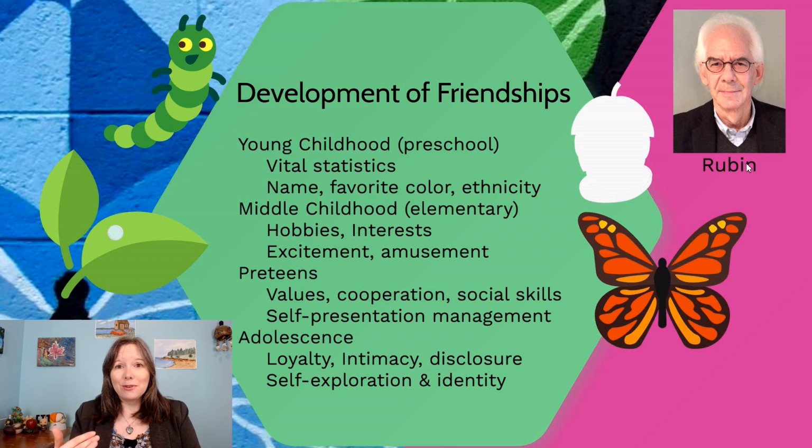So we're in grade 4 in most Canadian school systems. This is when we start to see a bit more selection in terms of who is friends. You can't just be in proximity and like the same things. Now you need to have some skills to make the cutoff to be a friend. And so because of this, preteens start to really focus more on their self-presentation and their impression management. Are they coming across as a good friend?